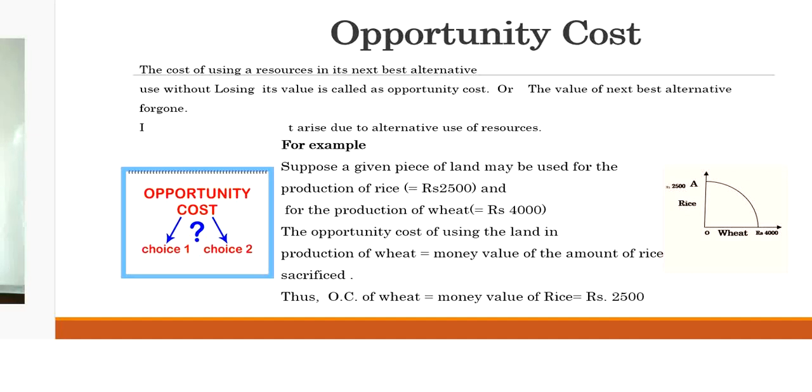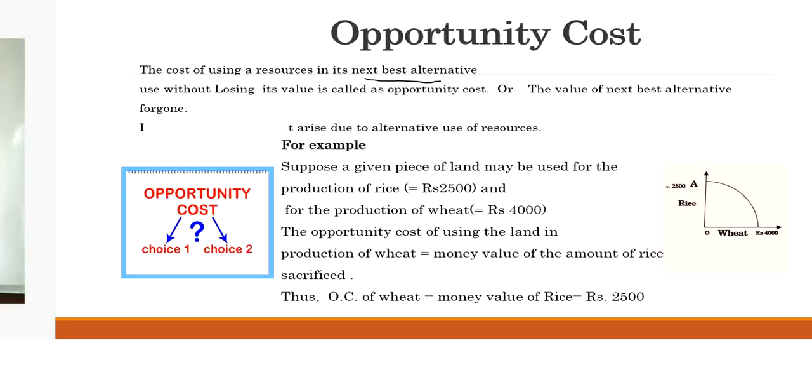As I told you at the initial stage in my previous lecture, resources are limited and they have alternative uses. Now you have to make the choice of which is the best use, where you can use those resources properly. So the cost of using a resource is its next best alternative. Listen to these lines carefully, students. Next best alternative means